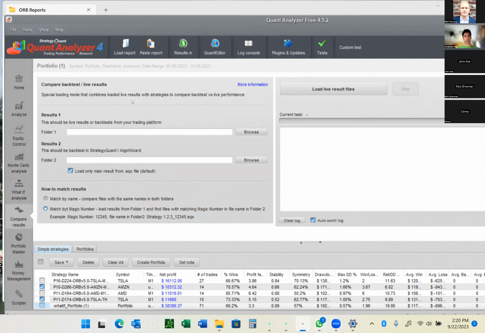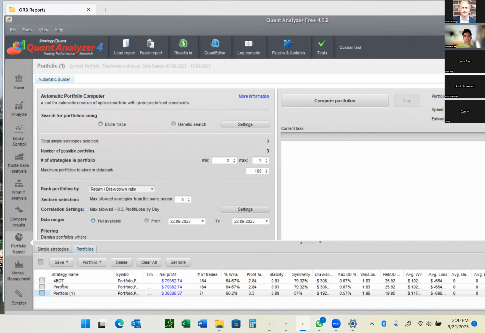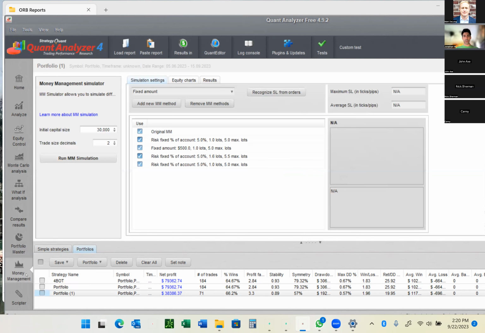This is kind of what I was talking about earlier, how you can compare different results. I'd have to start testing this with different people to see how you do that. What does that really mean? Even this portfolio master, I'm assuming it takes a lot of these portfolios, you load them in and then see a bigger time frame, a bigger data set, maybe this is all your sectors. Maybe you have a tech sector and stuff, but I still have to analyze this aspect of it. But this is, again, all free. It seems to be quite useful